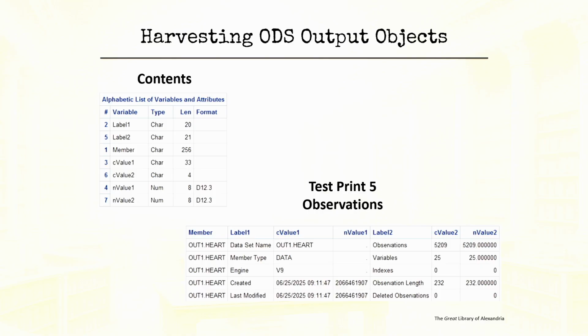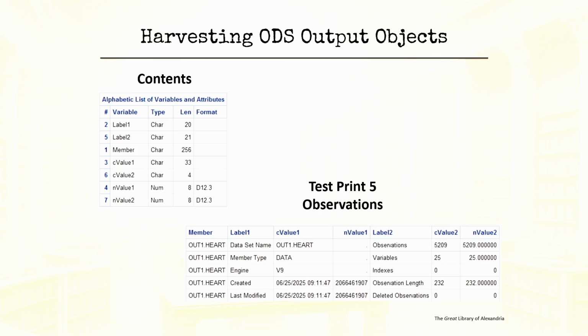So you have to look at your output data sets to sort of filter out. You need to sort of cherry pick. So you can just say, okay, one line I'm going to take label 1 and C value 1, and on the next line I'm going to take observations, and I'll take label 2 and the values for 2.